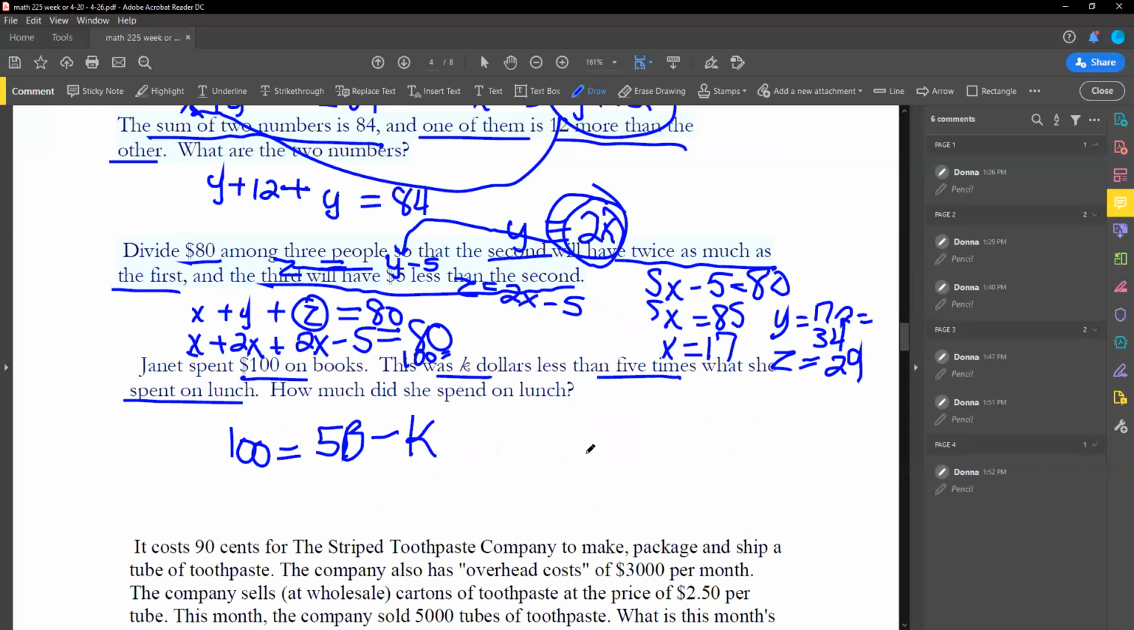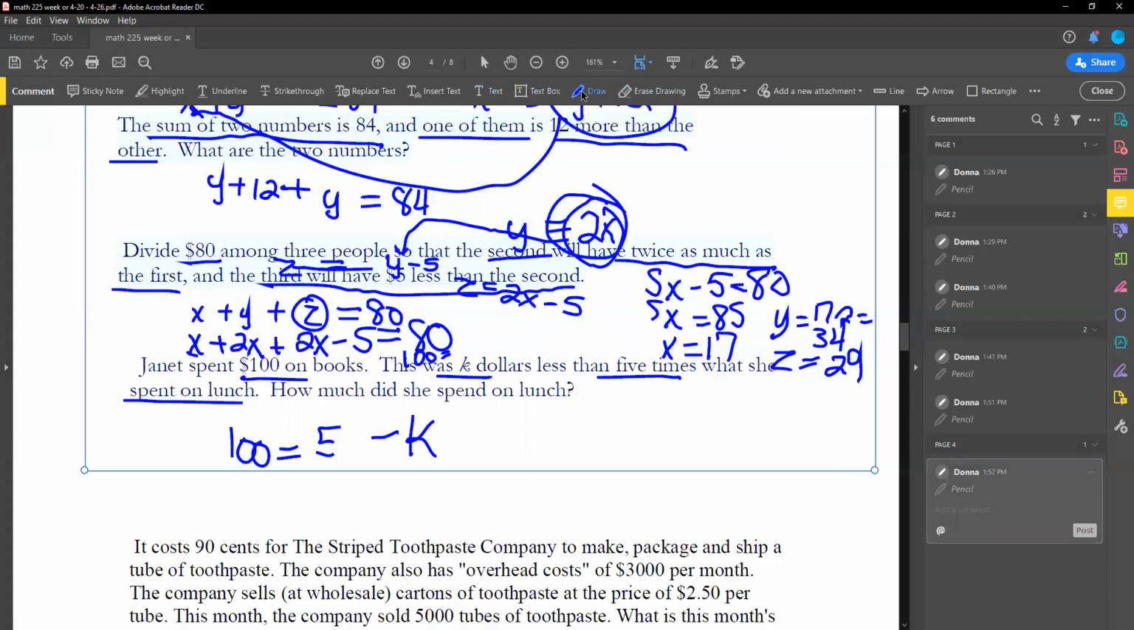There we go. She spent on lunch. Oh, let's call it an L. Let's make it meaningful. Sorry, I don't want books. I want L for lunch. And again, you can't solve this equation. You can solve it for L in terms of K, but you can't solve it. If I solve for L,